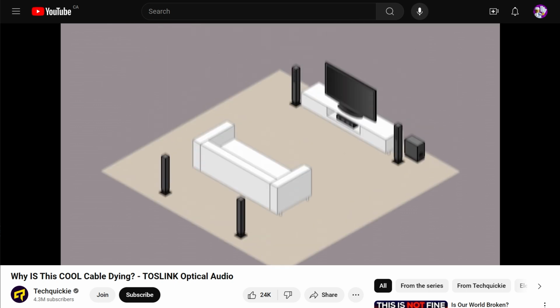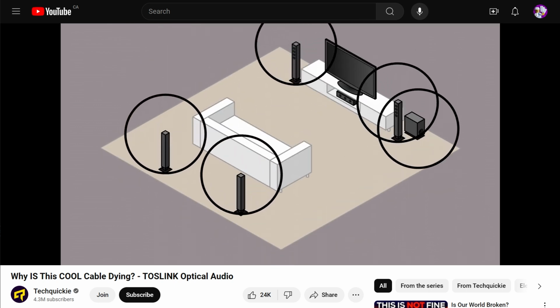One cable. So if you had a 5.1 surround setup for